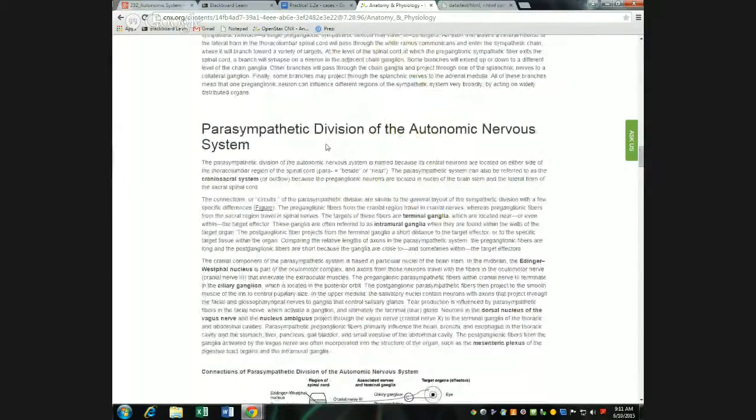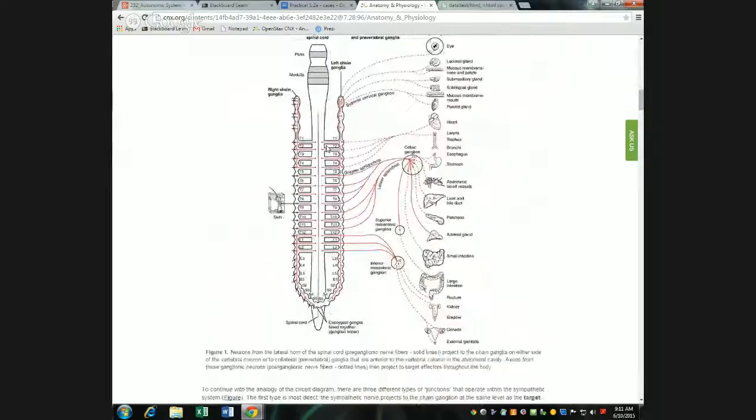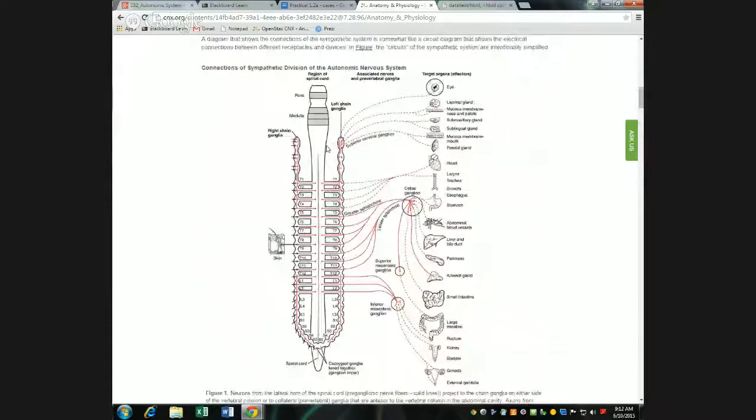Now, the word sympathetic, you've probably heard that, you probably use it plenty, means essentially with feeling. Usually when we think of somebody who's being sympathetic, it's like your friend just lost their pet hamster and you're sympathizing with their loss. You're feeling with them. Sympathetic for the division of the nervous system means with feeling to some degree also, but